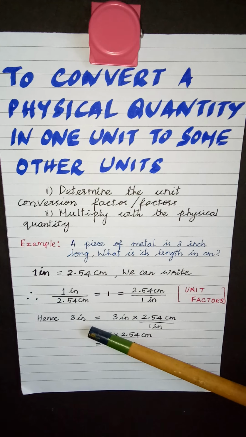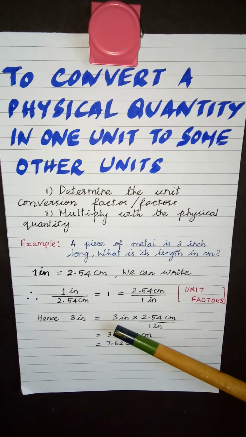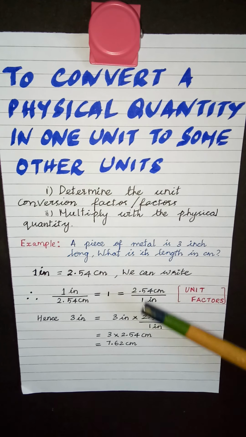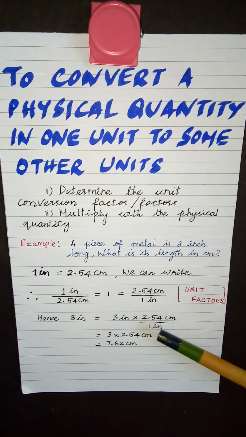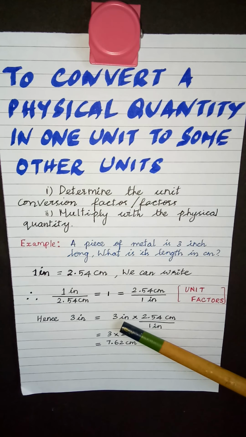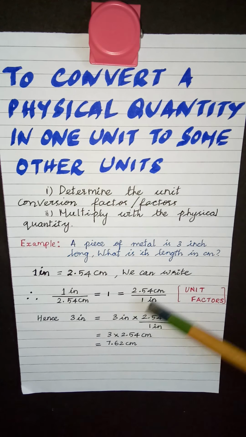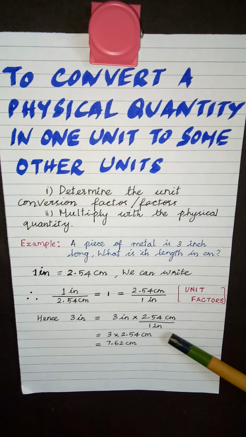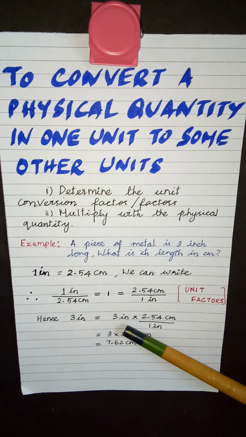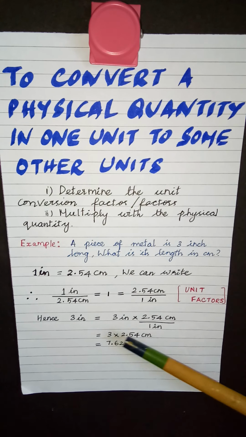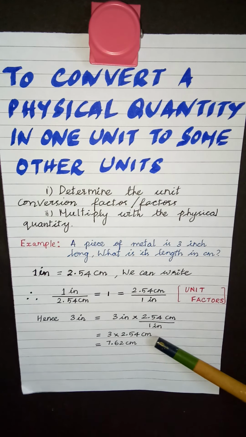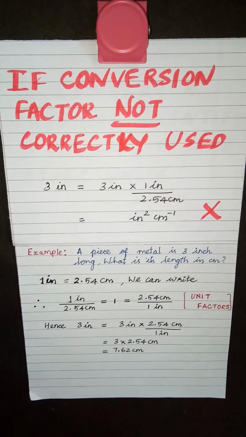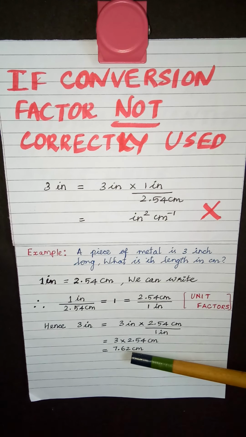So 3 inch is equal to, write the given value 3 inch along with the dimensions into, you have to take this factor, because you have to multiply this unit factor in such a way that this unit in your question gets cancelled. So this should come in the numerator. So 3 inch into 2.54 centimeter by 1 inch. So inch and inch get cancelled. Now multiply this with this. So 3 into 2.54, put the centimeter as such. So you get an answer of 7.62 centimeter. The unit you get here is centimeter.